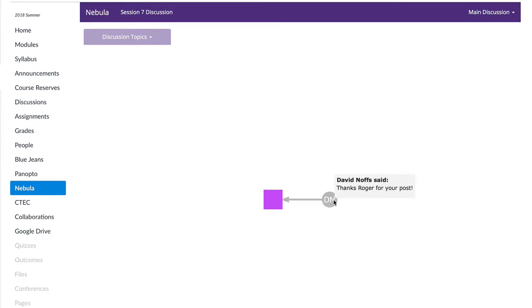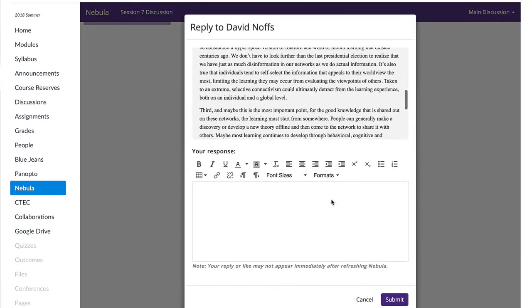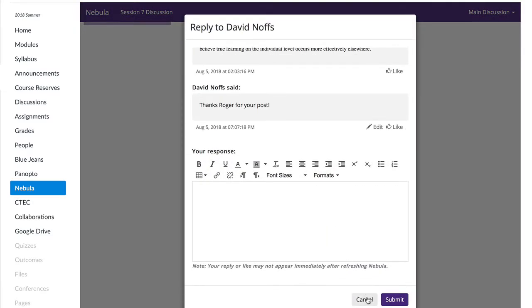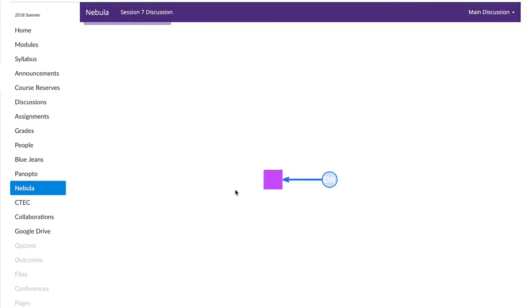And if you hover over this, you can see what I replied to Roger, and then you can click on that and reply to me, and so on and so forth. So as the discussion grows, this network graph, as it's referred to, should also grow, hopefully modeling the connectivist learning